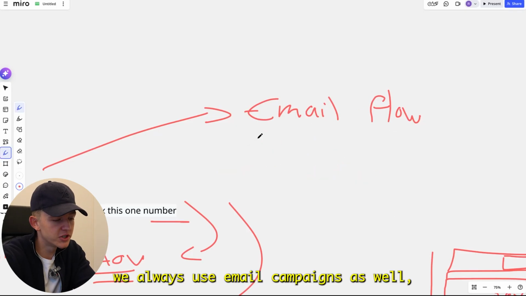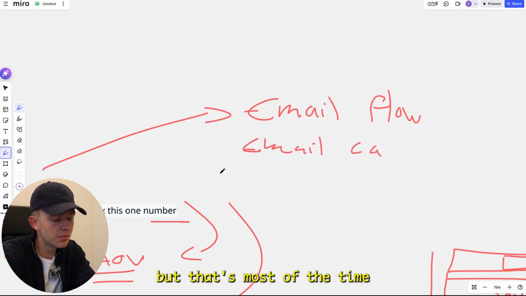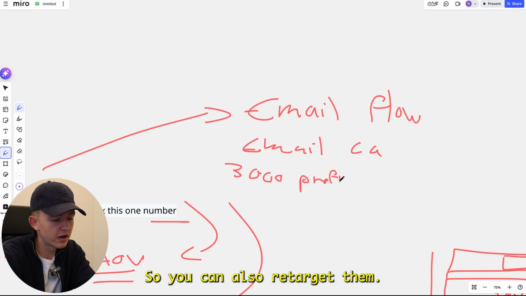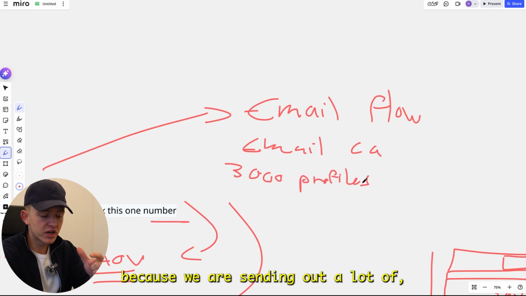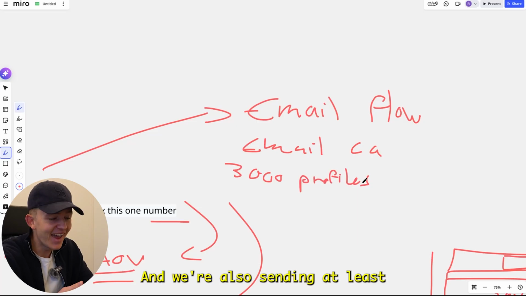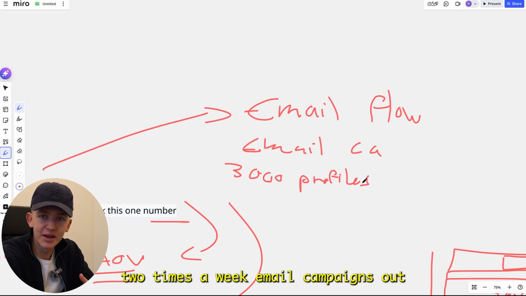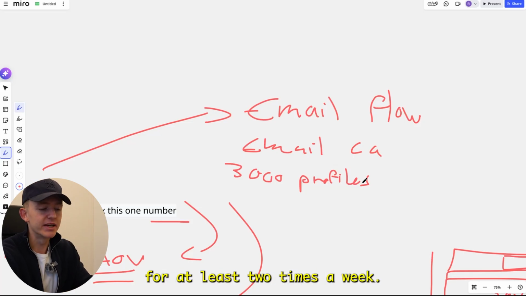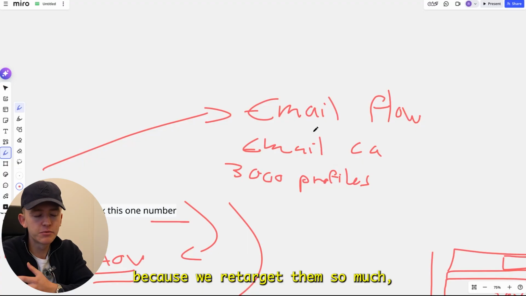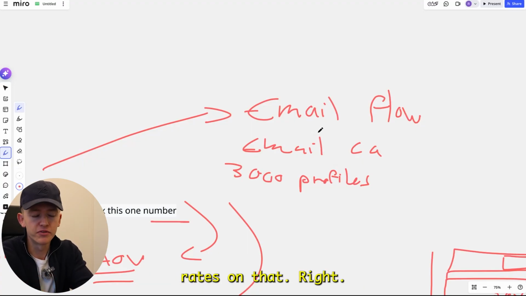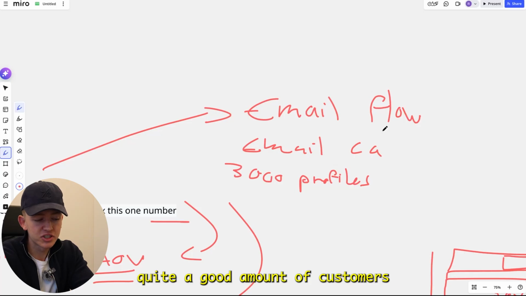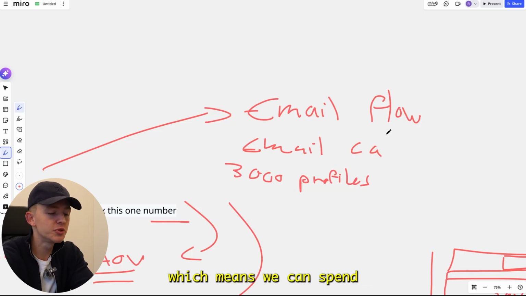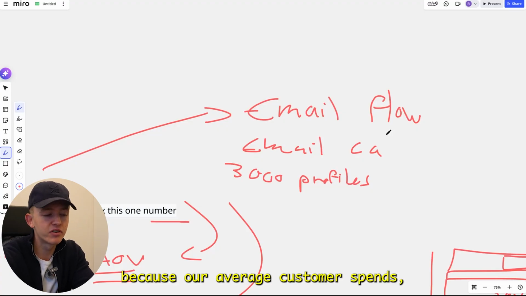Guys, besides flows, we always use email campaigns as well, but that's most of the time only recommended when you already have 3,000 profiles in Klaviyo customers, so you can also retarget them. This is really key, guys, because we are sending out a lot of emails because of the flows, and we're also sending at least 2 times a week email campaigns out to all the profiles that we have in our Klaviyo, at least 2 times a week. Because we retarget them so much, we also have conversion rates on that, right? Which means quite a good amount of customers will buy a second time, maybe will even buy a third time, which means our LTV increases,